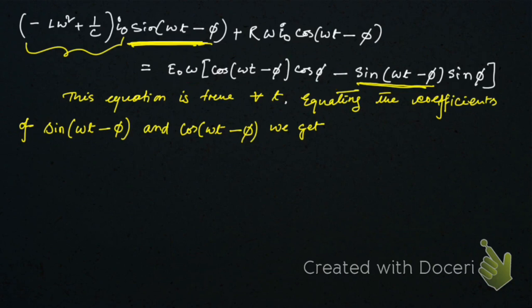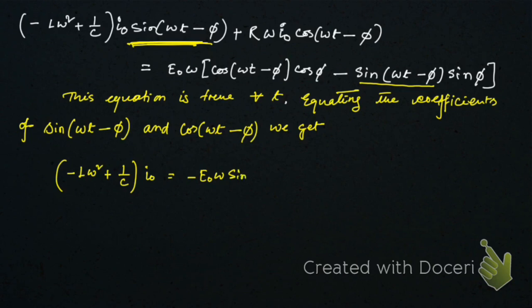So comparing the coefficients of sine omega t minus phi, what we're gonna get is minus L omega square plus 1 by c, I naught, is equal to minus e naught omega sine phi, right? And similarly comparing the coefficients of the cosine term, we're gonna get r omega I naught